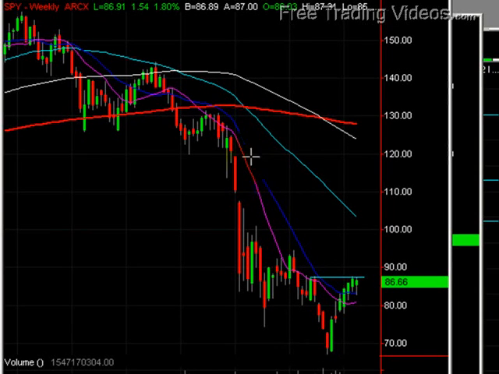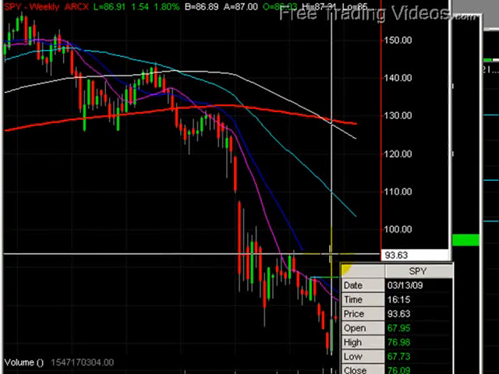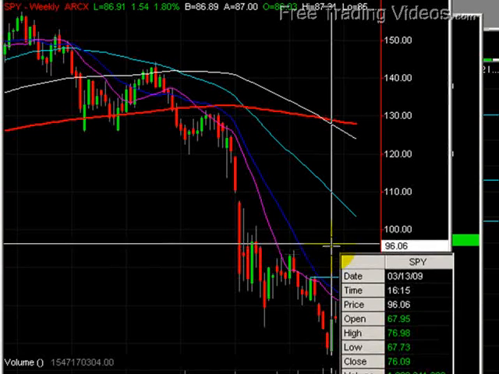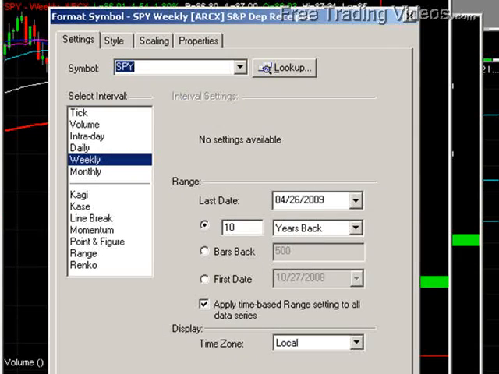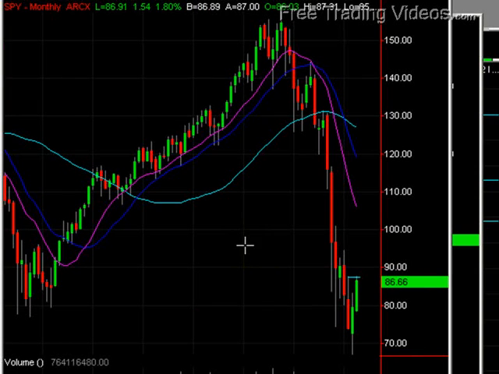So when you zoom in, you're simply refining what's happening on the last few bars of a weekly chart. And so if I take this and look at it, there's that same resistance right in this area. And then zoom in and look, you can see where the 50 MA is failing here. Another good thing to do is to take one more step out. Let's look at a monthly chart. Grab that, and that's where we are right now, sort of.